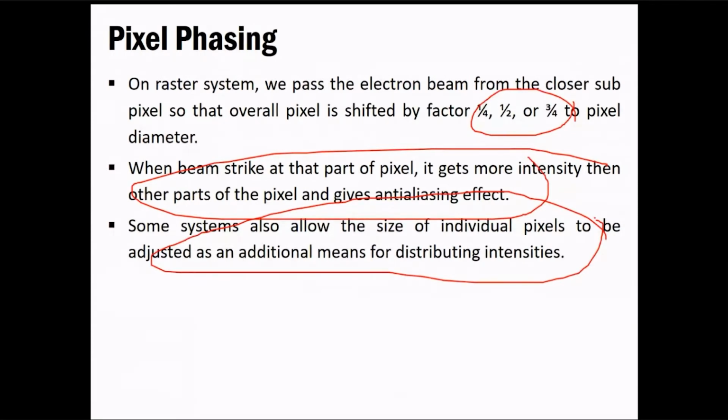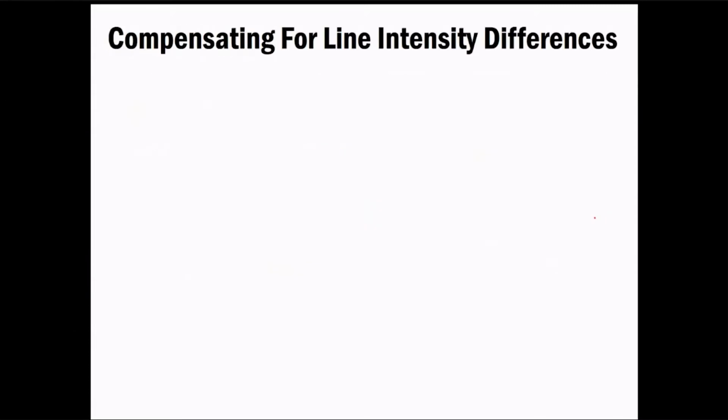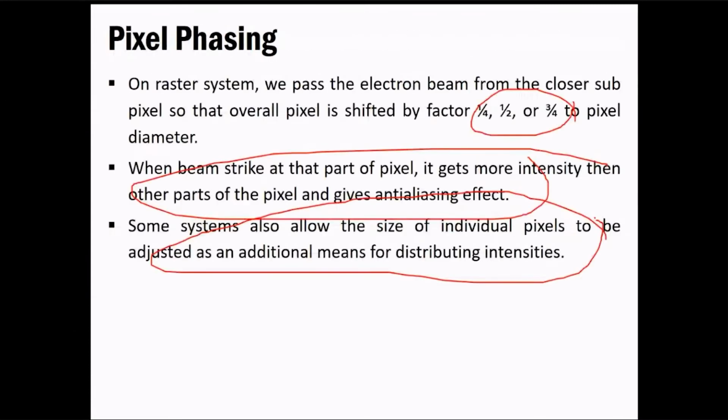Okay, so instead of taking that whole value, it can adjust its own value to get your blur effect, or to get a fairly good, available result for the user. Okay, so now that is what it says in the pixel phasing.